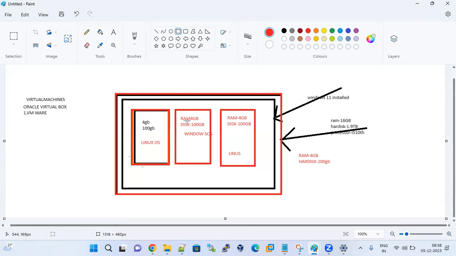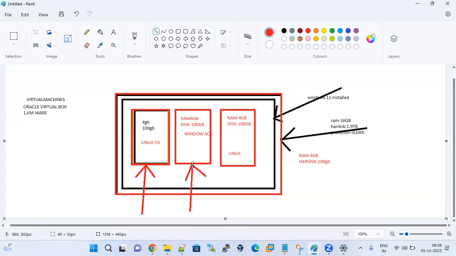So at that time you can increase the memory up to 16 GB. If you want, you can increase the RAM to 16 GB and the hard disk to at least 1 TB. Each virtual machine occupies almost 20 GB, because we install the Linux operating system in the backend, and everything occupies around 12 GB of space. Like this, you can create 10 machines, or any number of machines, based on the storage space.